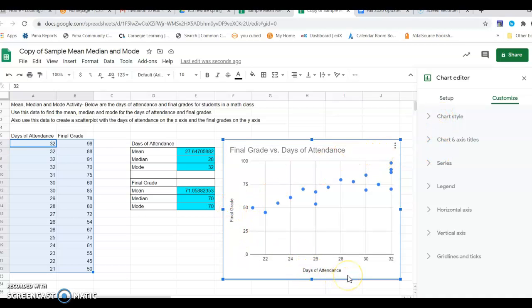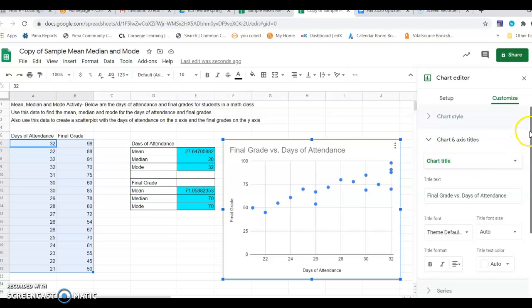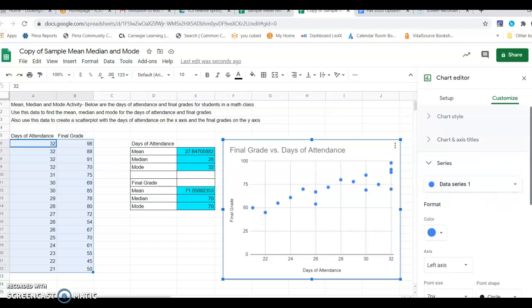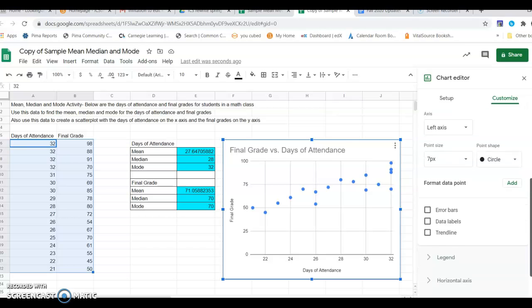Days of attendance is on the x-axis like they asked. Final grade is on the y. But I might want to change the titles. I can do those things if I want to do any of that. If I go to the